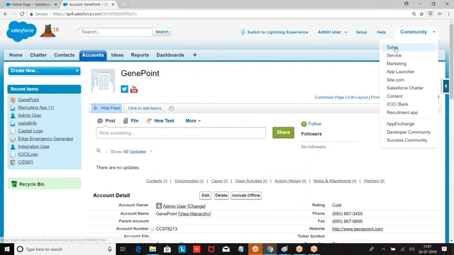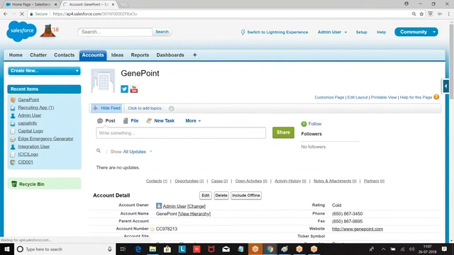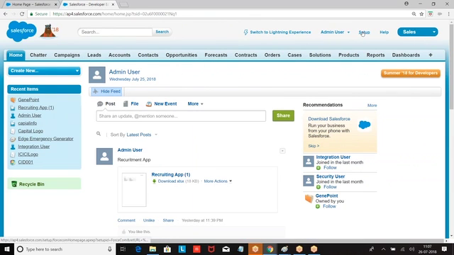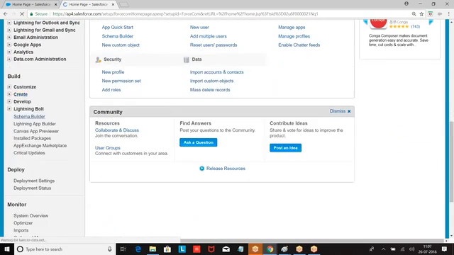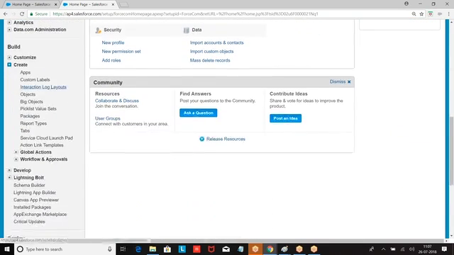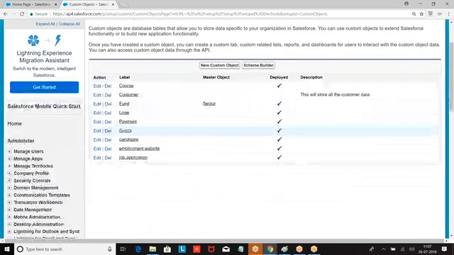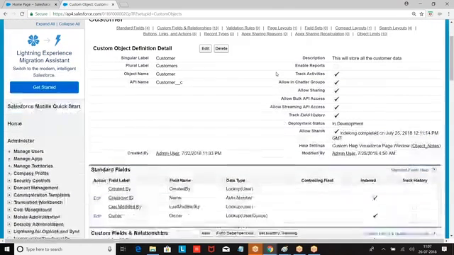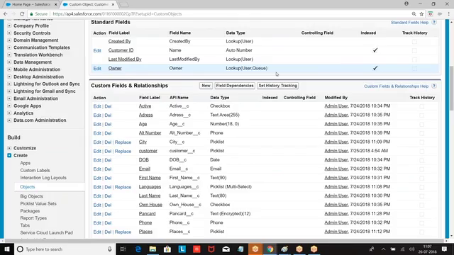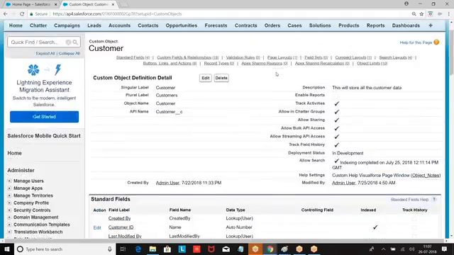In the last class, we created an object called customer, right? So go to Setup, Build, Create, Objects. So what are we finding here? The customer object.